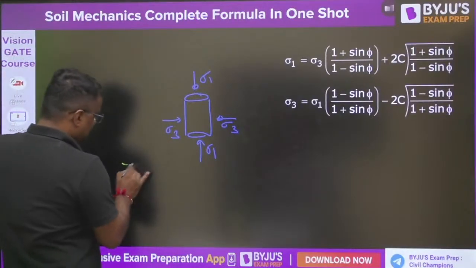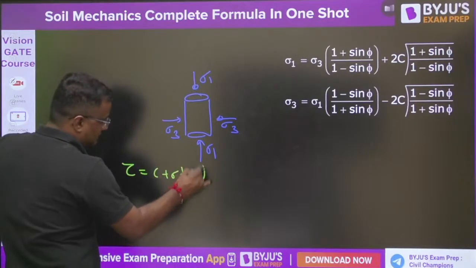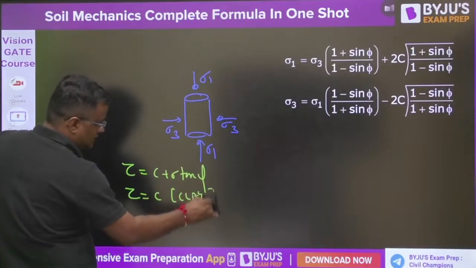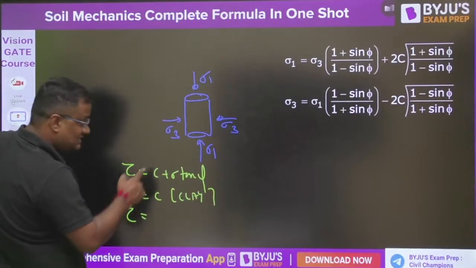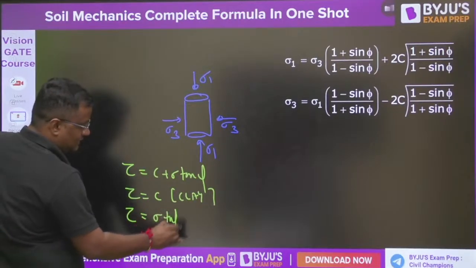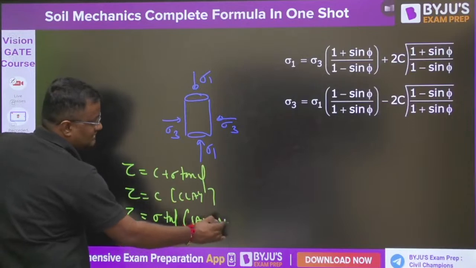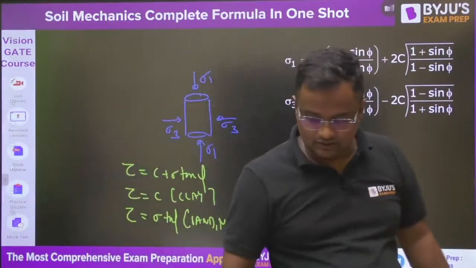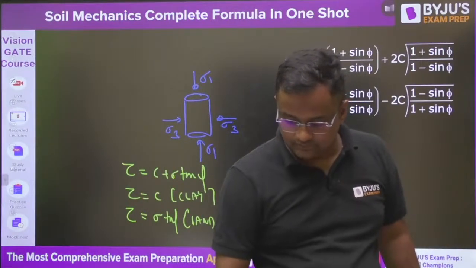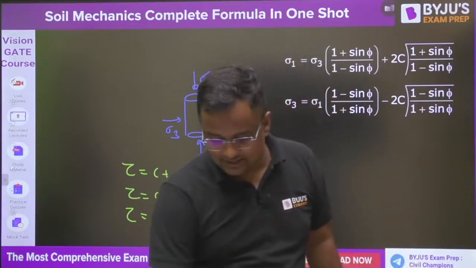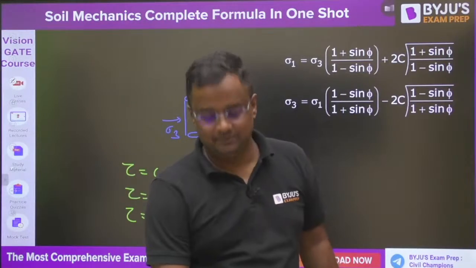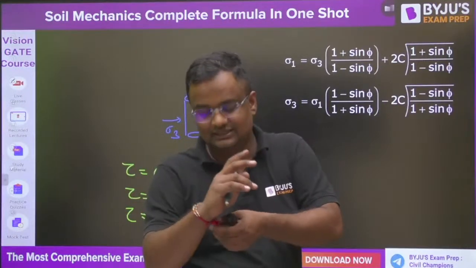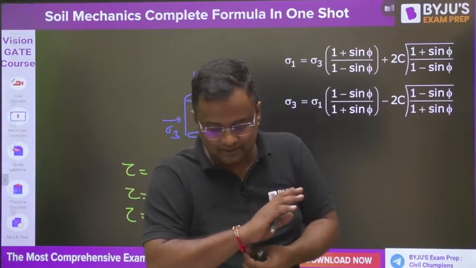Now shear strength is C plus sigma tan phi, but for clay phi is 0, so tau is equal to C for clay, and for sand C is 0, so it is sigma tan phi. This is for sand, and NCC clay is also the same, because NCC clay also behaves as a sand. What if the soil reacts in a different nature? Most of the time it is shear failure, where one wedge fails against another, but in some very rare cases a compression failure can occur.